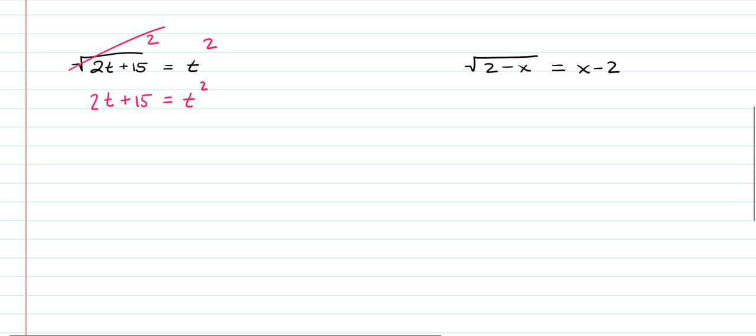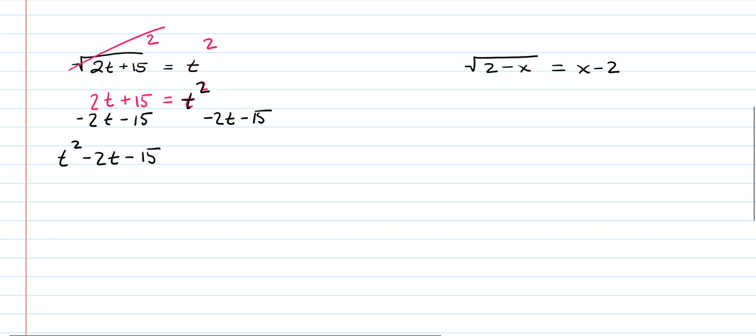Whenever you see something squared, right away in your mind, you're thinking, okay, this means I'm going to have two answers. There's ways to solve for things that will give me two answers. Quadratic formula, completing the square, all these fancy things. But the first thing you should try to do is factor. Before you do any of that, I suggest you get everything on one side. So if I subtract 2t and subtract 15 from both sides,